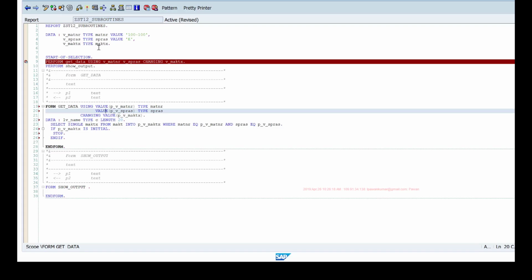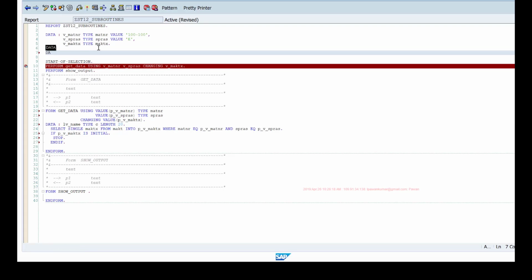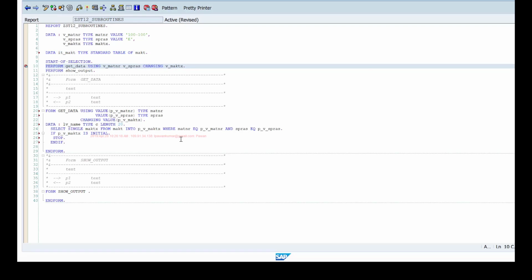For example, if I have an internal table, let's say IT_MAKT, type standard table of MAKT. Then at the form level, I can say using or changing IT_MAKT.